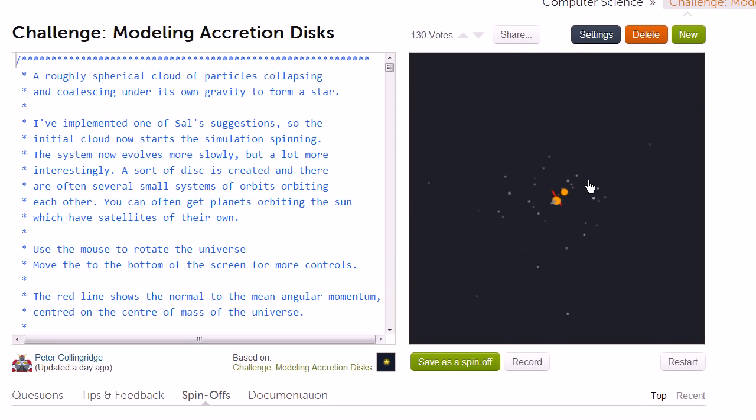I could really stare at this and play with it for days. And I encourage you to play with it, restart it, see how the initial conditions affect what type of solar systems or galaxies you might end up with. Whether they form disks, whether you have binary systems or not, whether you have planets with satellites. And then if you are more advanced, actually play with the code and see if you can change the initial conditions: the starting velocities of things, the number of particles, the distribution of mass that you start off with, the angular momentum that you start off with, and see how that might change the structure of the